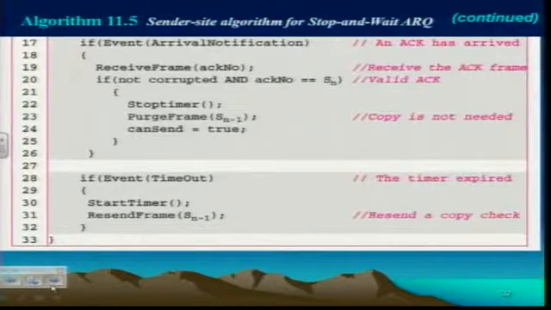And on the receiver side, it's the same: that notification comes from the physical layer, and now it has to receive the frame, and when it receives, it extracts that sequence number and has to make sure it's the correct frame, because what may happen is that it sent the acknowledgement, but the acknowledgement got lost. So the receiver has already received the frame. So if it sees that, oh, this is another copy of the same frame, it has to discard it. So that's why it has to keep track of that, and it's not corrupted if it matches the expected sequence number. If it doesn't match, that means something went wrong. It's probably